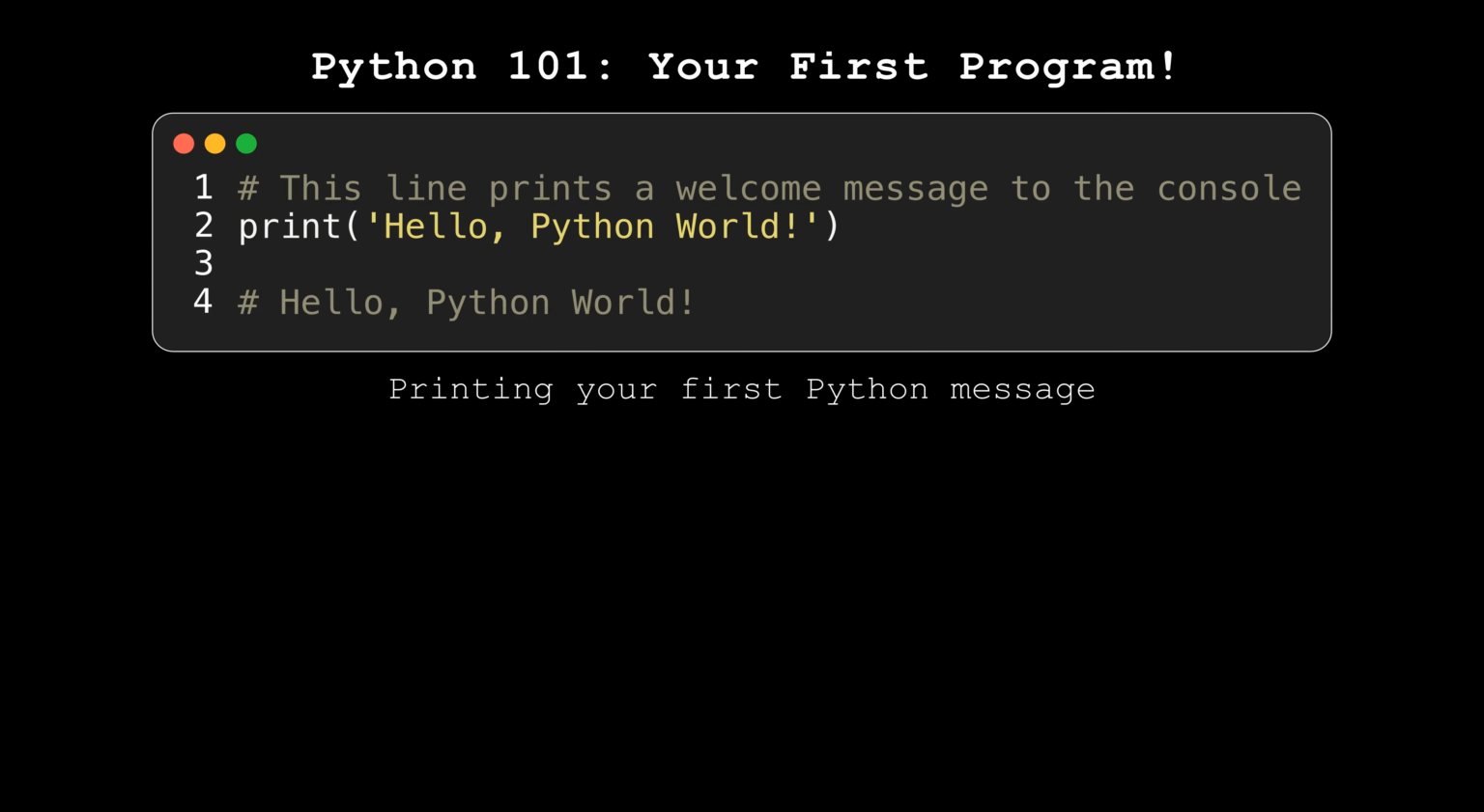When Python runs this code, it reads the command print, understands you want to display something, and then shows you, "Hello Python world." Notice the parentheses and quotation marks? The parentheses tell Python to call the function named print, while the quotation marks enclose the exact words you want